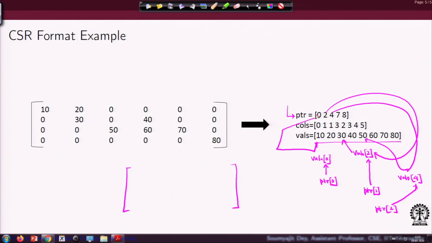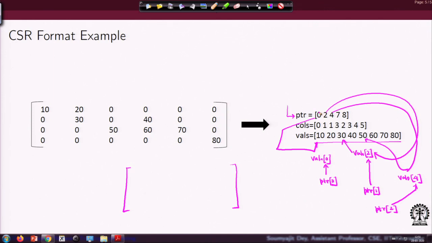So, essentially for each row I am looking into PTR and I am getting the corresponding index in val. So, this is essentially telling me the location of the first non-trivial element in that row.